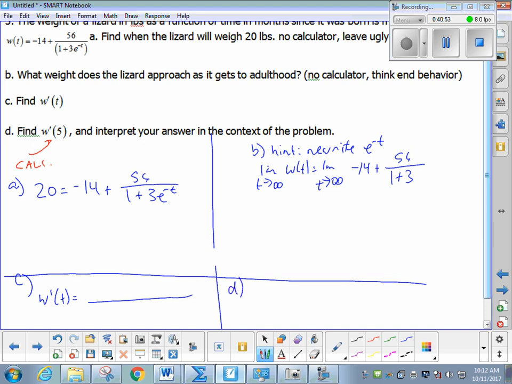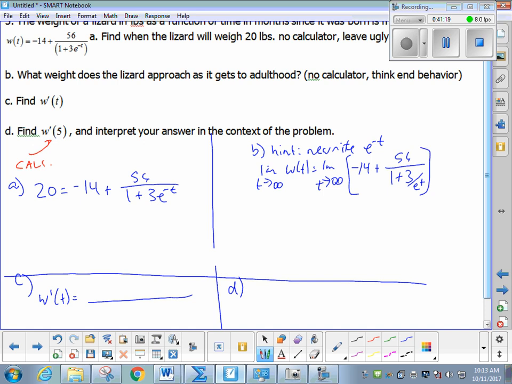Yeah? That's not just about B, right? So how you rewrote it and everything. I haven't finished rewriting. I didn't want to do it for you. So what's a good way to write the e? e to the negative t is the same as 1 over e to the t. So if you wrote it this way, then